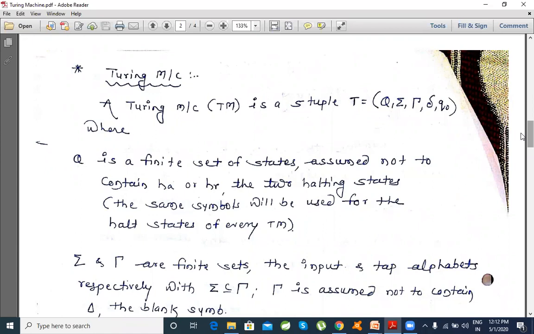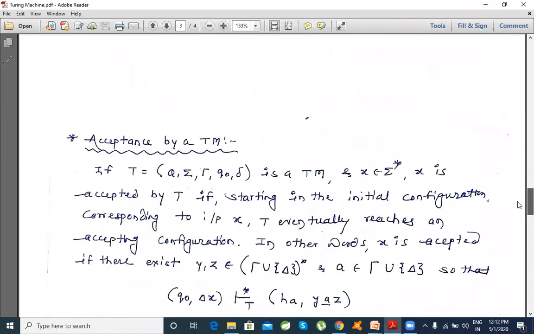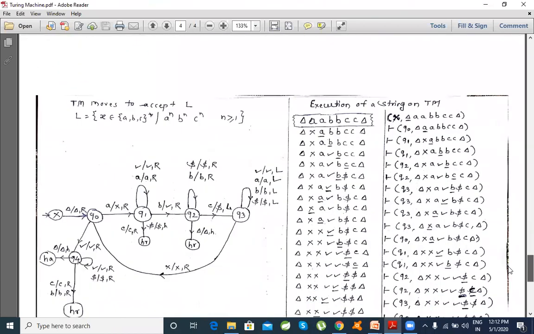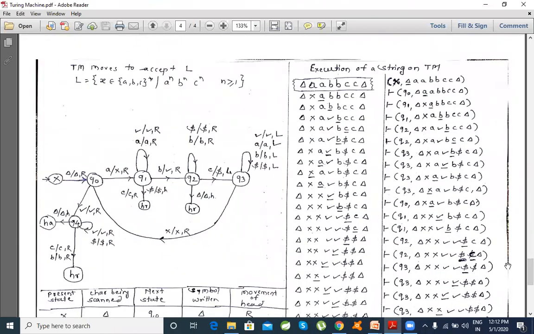So in this session we will be looking at the definition of Turing machine as well as the condition of acceptance by a Turing machine. So let's just revise what we had in the last session. I request all of you, if you are watching this, to understand the definition, you should go back and check the last video under the title Introduction of Turing Machine.